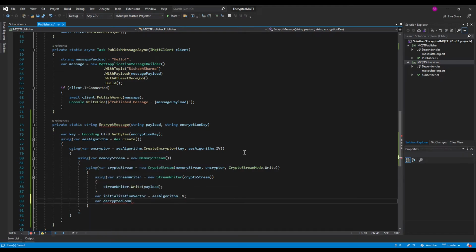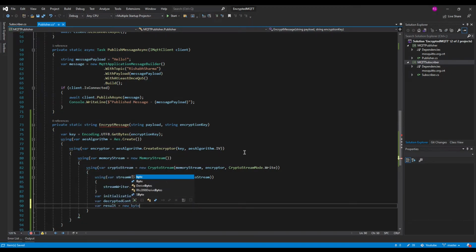Then we will create an instance of encrypted content, in which we will convert the memory stream to an array and store it. Now we'll also create a result, which is a byte array.